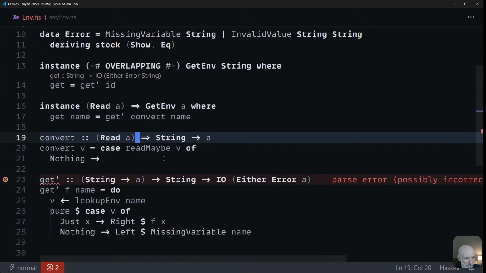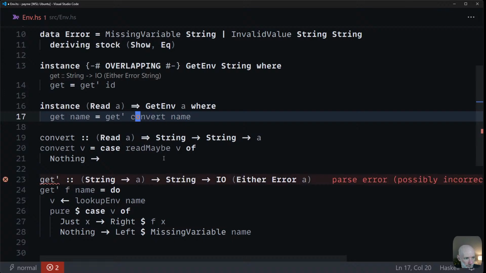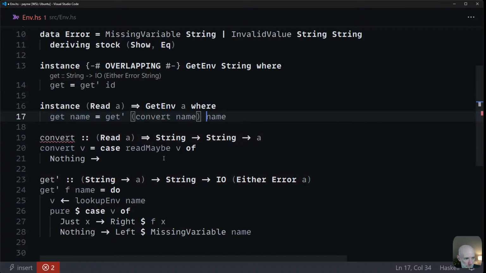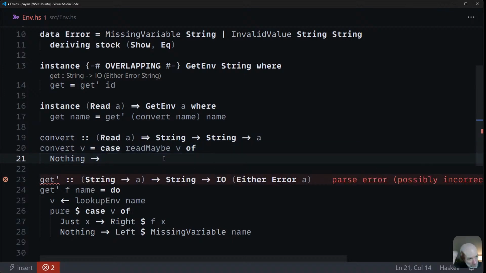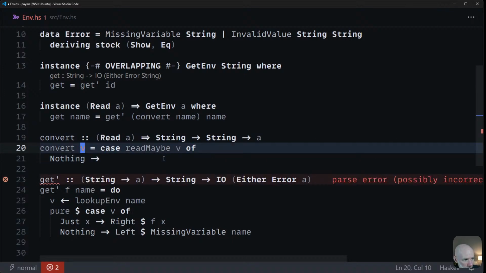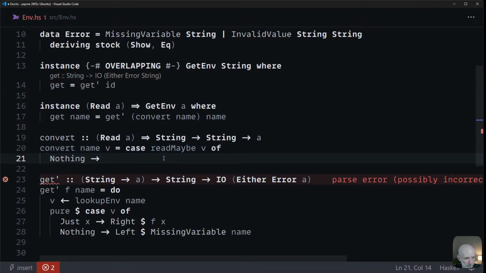I'm going to need the next piece of information, which is the name of the variable. So it's going to be convert name. Quite irritating. Okay, so in here we've got the name of the environment variable and the value that we read, if we read anything. And if we try and convert it to whatever A is and it doesn't work, we get nothing back. And in that case,